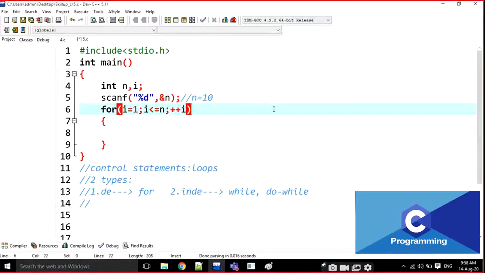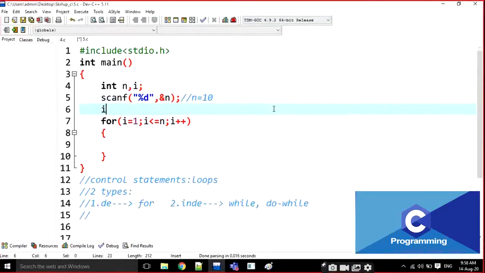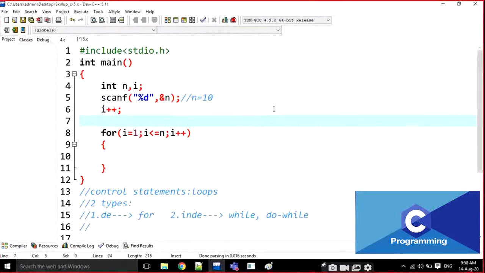Any increment, no problem. Both work the same here. Why? Because this is a separate statement. For example, i plus plus. I am going to print i after the statement. If it is 1, it becomes 2.